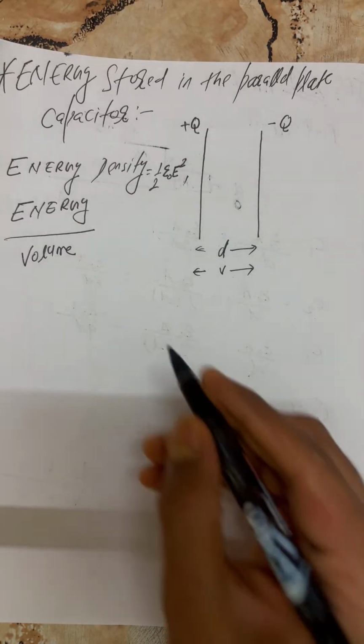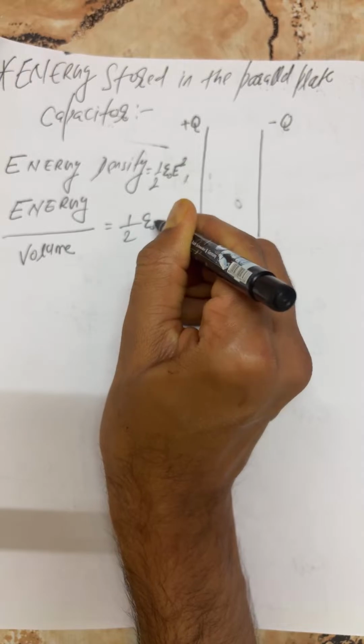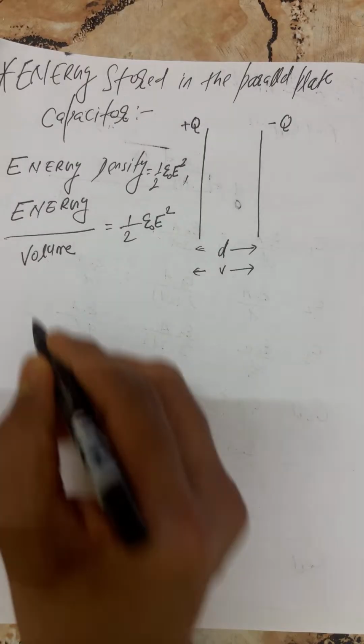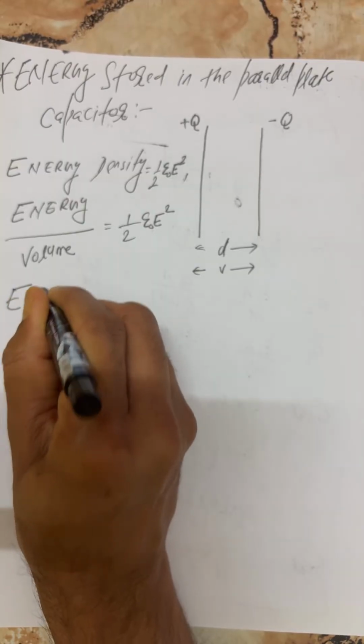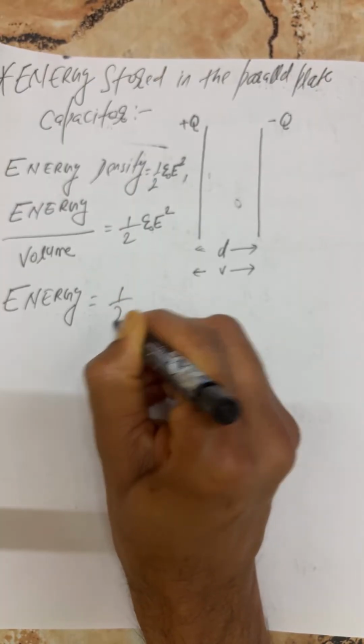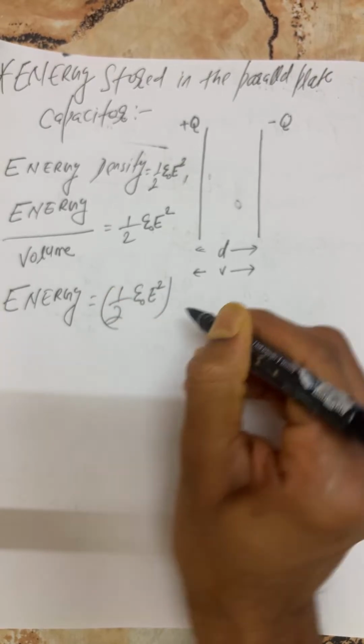Energy per unit volume is equal to half epsilon naught E square. Energy density is what, my dear? Energy per unit volume, which is equal to half epsilon naught E square. We don't want energy density, we want energy. So we can write, kids, energy is equal to half epsilon naught E square